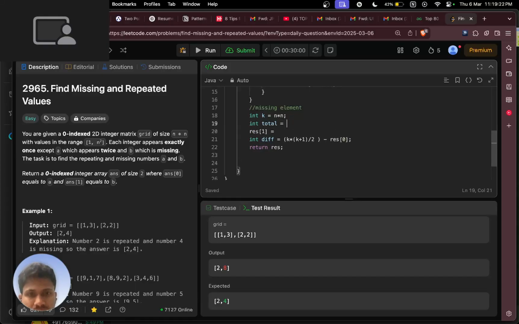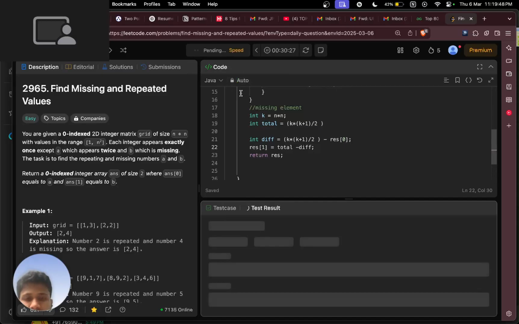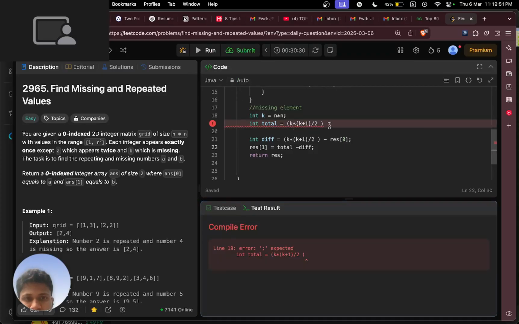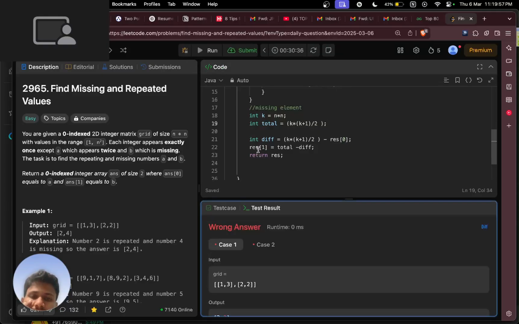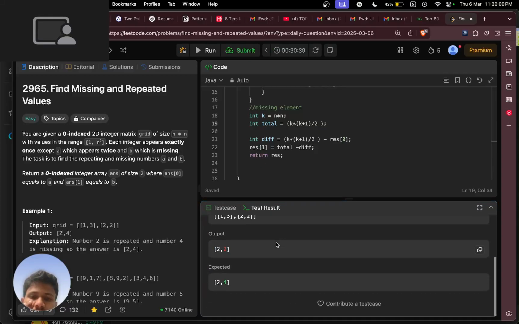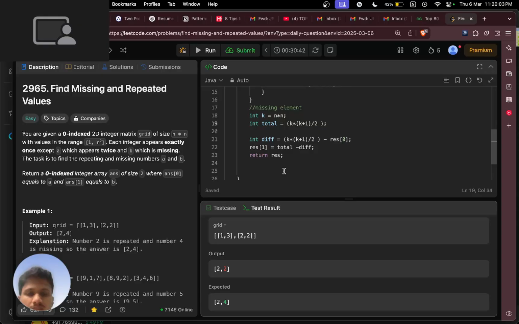int total is equal to... result of 1 is total minus difference. I think this won't work. But this doesn't make sense. Yeah, ended up with the same thing. I mean, see,